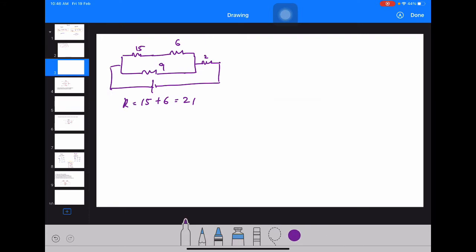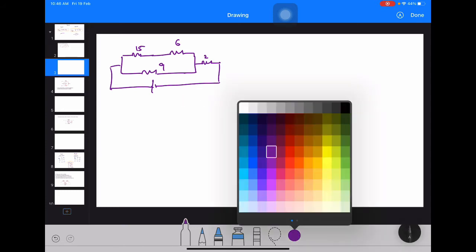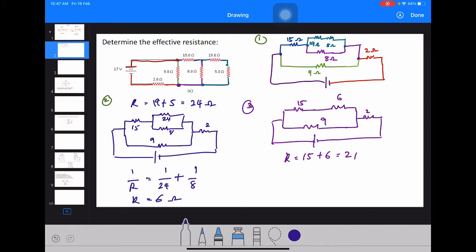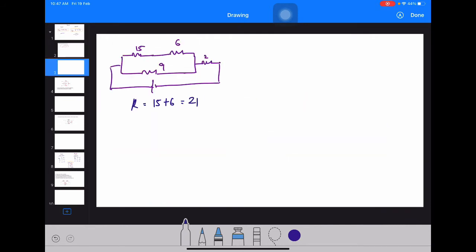Okay, now you can solve 15 and 6. You should get 21. Okay, so now you're drawing, so this is drawing number 4. Now becomes